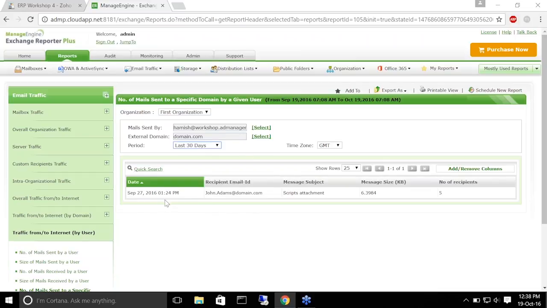You can see the date at which Eleanor sent this email. You can see the email address of the person who received this email. You can see the message subject, the size of the message, and the number of recipients. So this is how you can see if a particular user in your organization has been emailing a specific domain